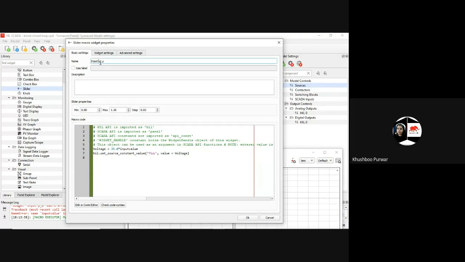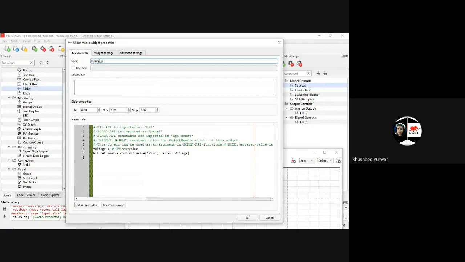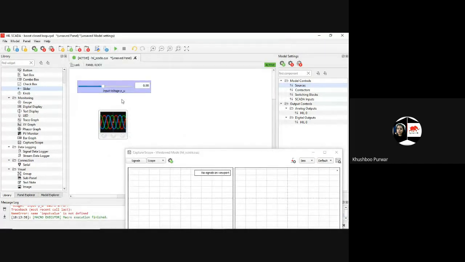Forward to name it as input voltage. Now it's okay, I think. Now it will not show the error.